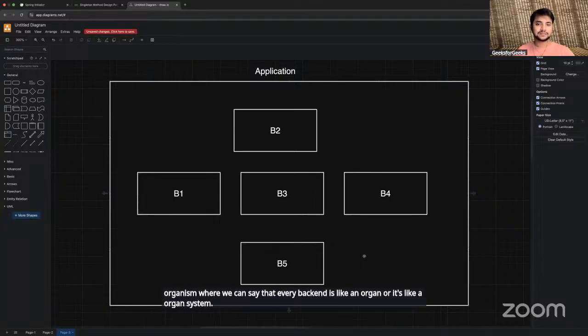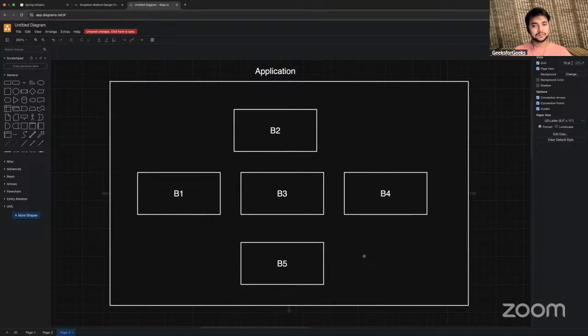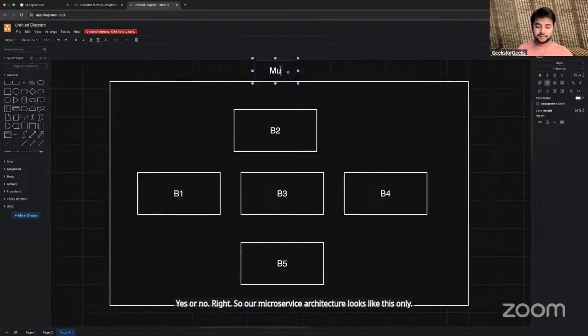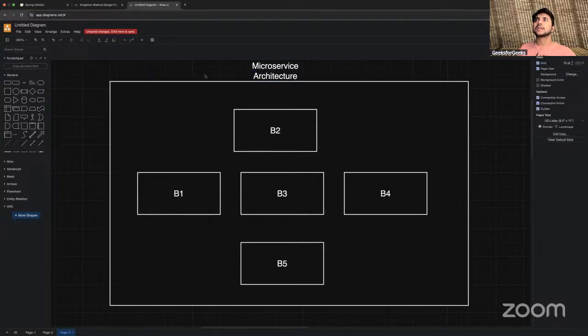Can we say that? Yes or no? So a microservice architecture looks like this.